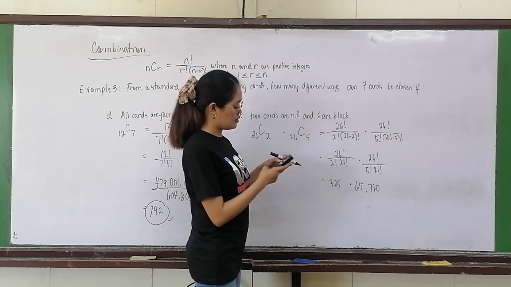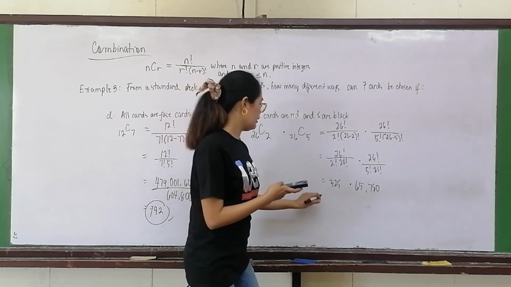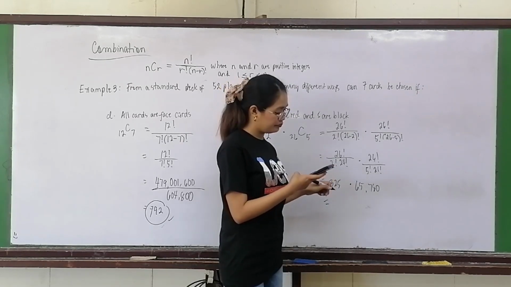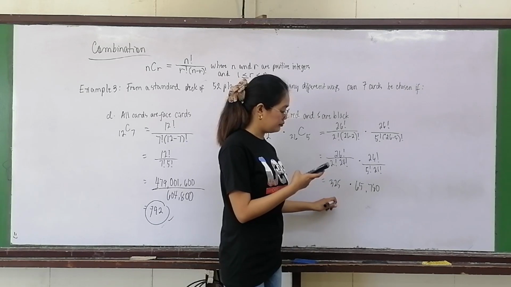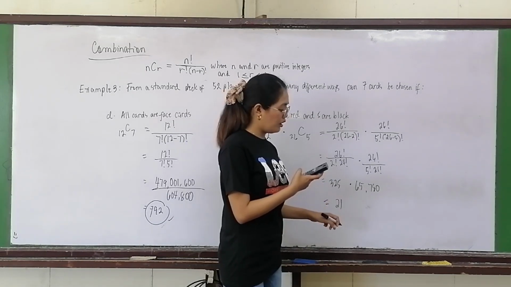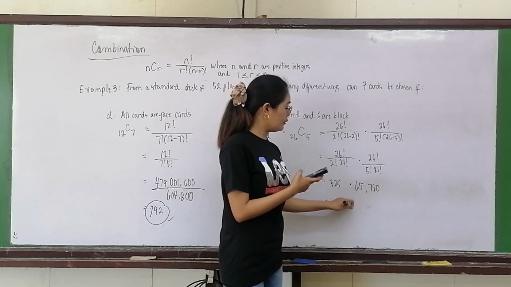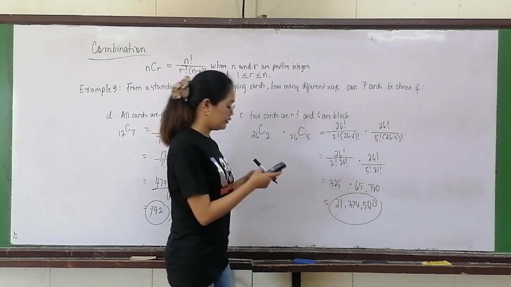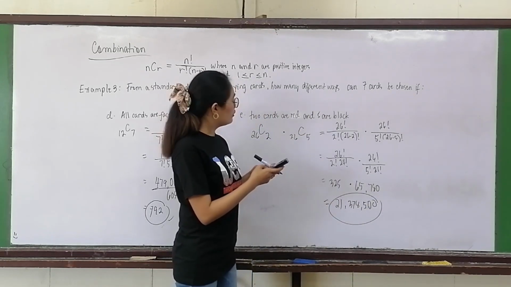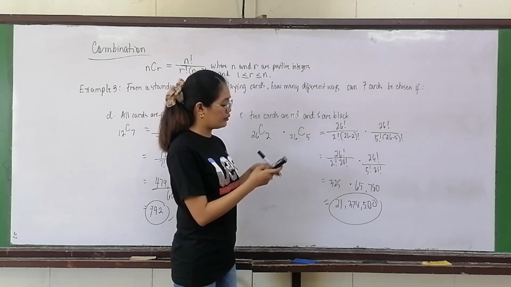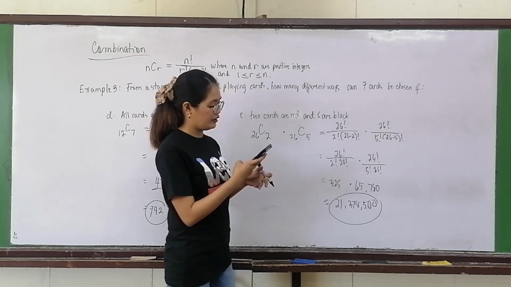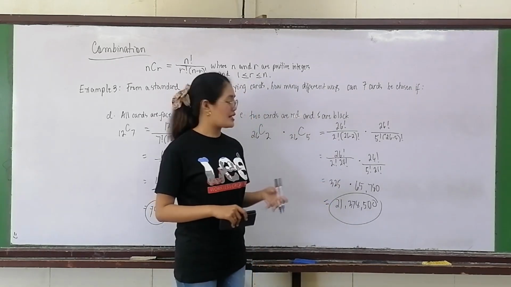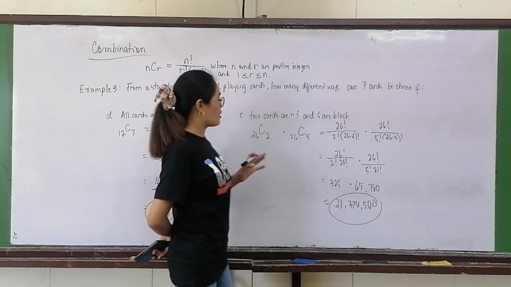Okay, now the product of these two factors would be 21,378,500. So let's see if our answer is correct. It would always be better to check whether your answer is right. Alright, our answer is 21,378,500, which tells us that there